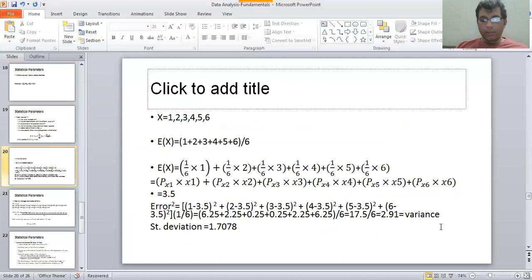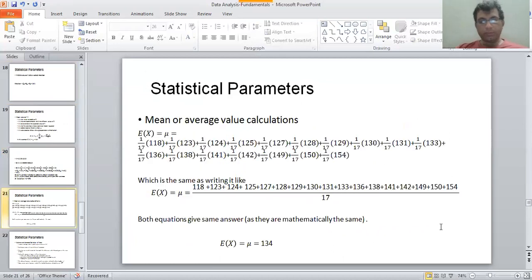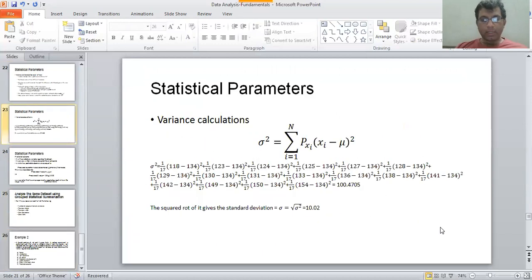If you find the variance of it using the same idea, and later on the standard deviation, the variance comes out to be 100.4708 and the standard deviation is 10.02, right? So we have got three things now: the mean value, the variance, which is the error square term,